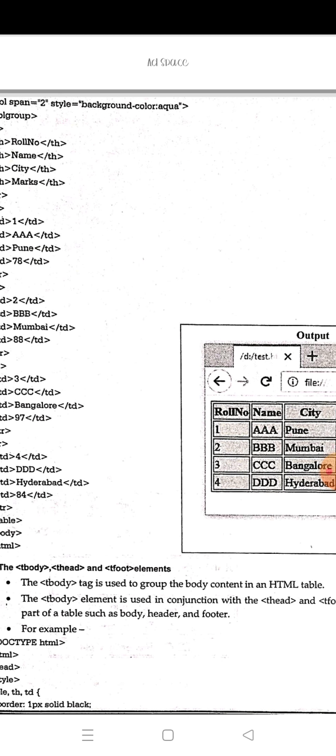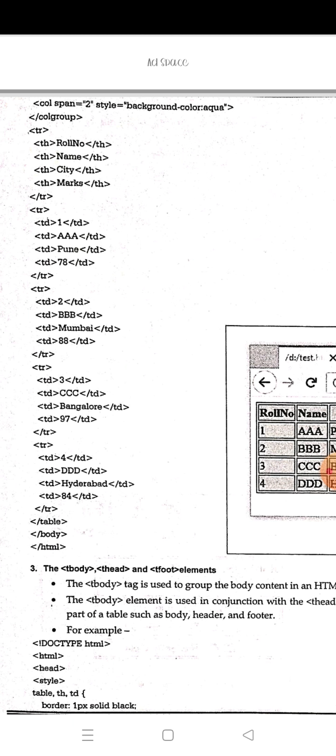Okay, so then it is not colgroup span, this is only the col tag, then a space. For that attribute, span, we are giving it continuously, no space between. So span is equal to 2 means it is applied for the 2 columns. Then style is equal to background-color aqua, that is sky blue color is displayed. Then close the colgroup, we are defining the style for the entire columns.